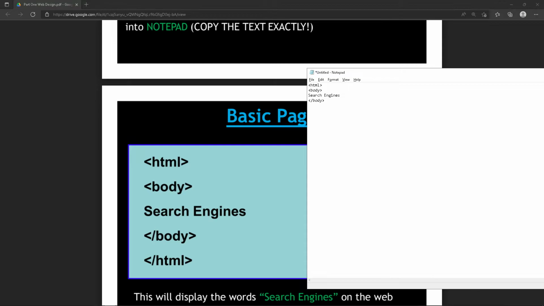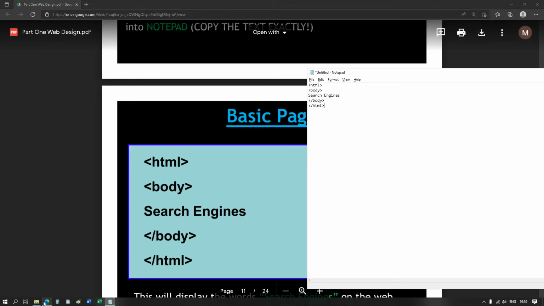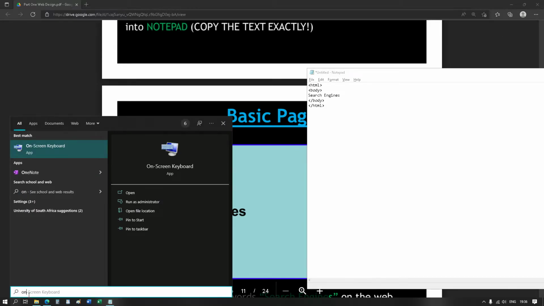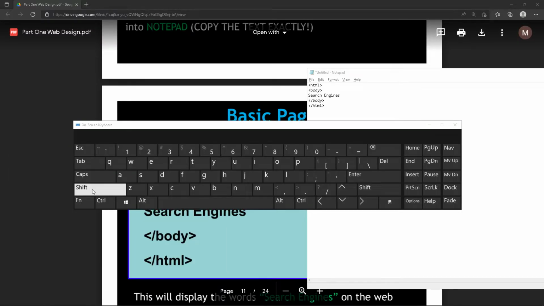Now, if you do not know how to make these symbols, on-screen keyboard. So on my keyboard, if I keep shift in, then over here with the comma and the full stop, I'll see if I can type this in here. So if I want to make the less than sign, if you press that, then it just makes a bunch of commas. But if you keep shift in and then you press there, then you get the less than